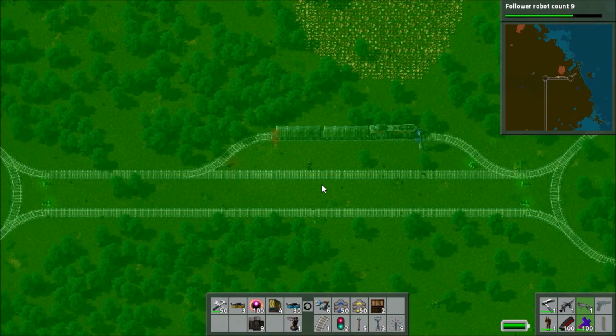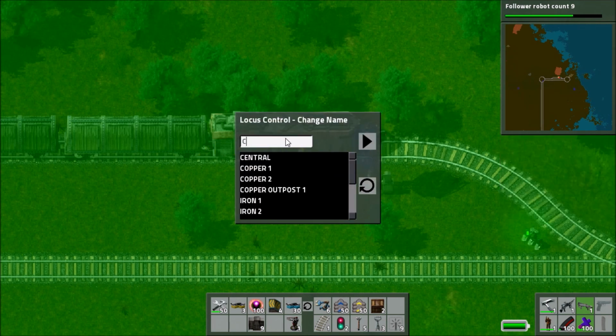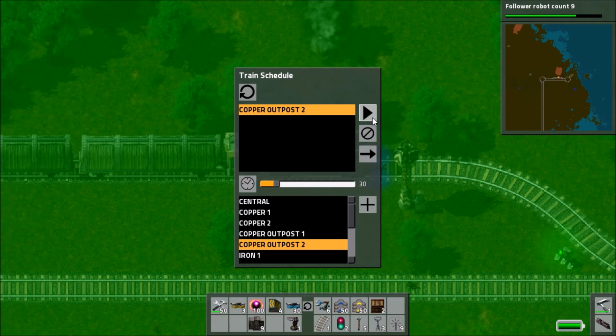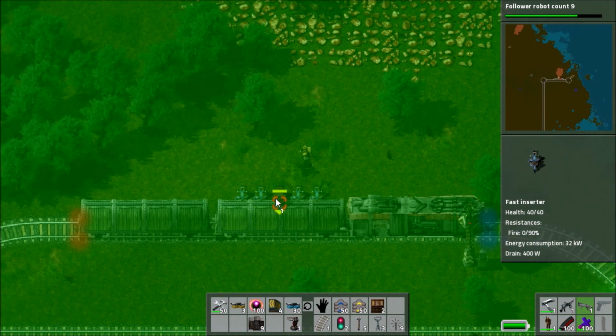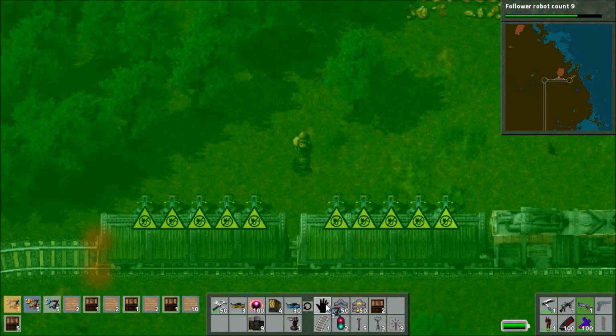There I go, getting rid of that bit of signal that doesn't need to be there. We'll put in a bit of fuel to keep the train going, and then we'll name the outpost Copper Outpost 2, and then we just need to line up the train properly. Accidentally drive it forward a bit and have to do it a second time, and then we can start putting in the loading system. So we'll craft a million fast inserters and some chests as well to get that sorted,